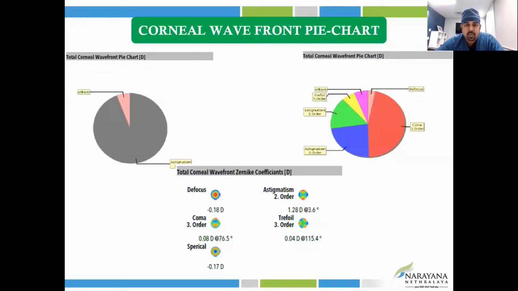So your Galilei will be able to show you what percentage of your cornea has astigmatism contributed by the cylinder, and what else of the aberrations are contributing to the remaining part of the cylinder. And this can be provided by your Galilei. It can also be derived from the other topographers with some software.